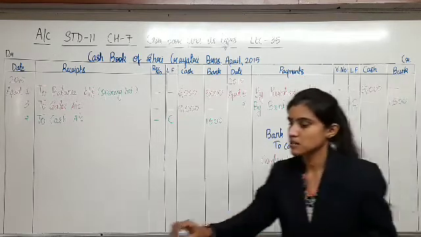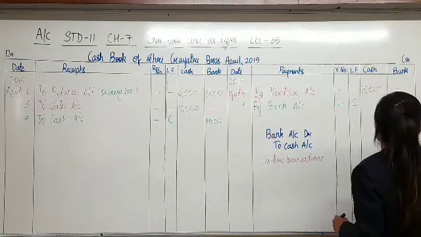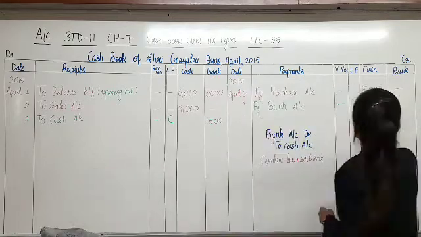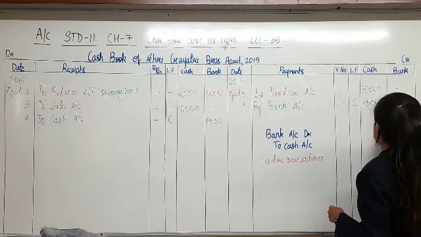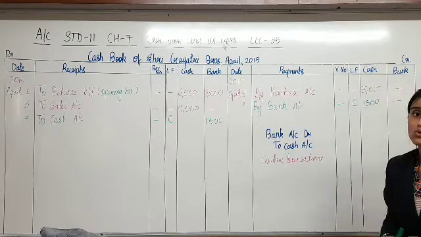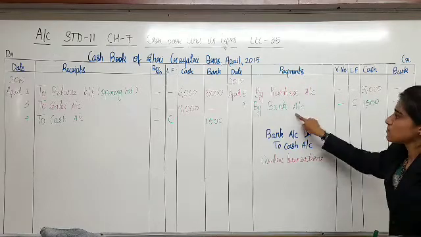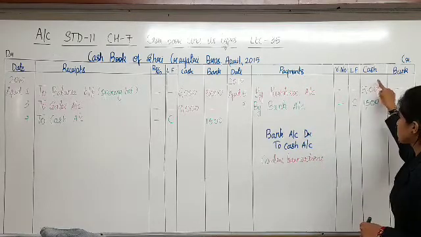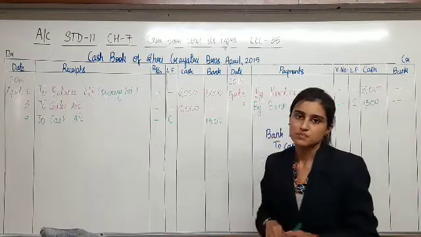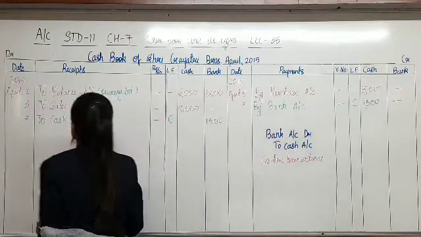There is a mistake. The amount is to be written in the column of cash. By mistake, I just wrote it in the column of bank. Cash goes out, so in the column of cash. Goes where? To the bank. It is paid to the bank. What? Cash. Cash goes out, bank is the receipt. So this is how you record contra transactions.